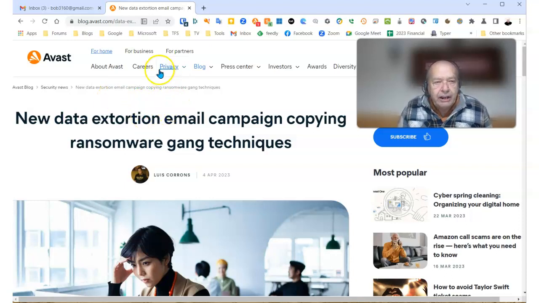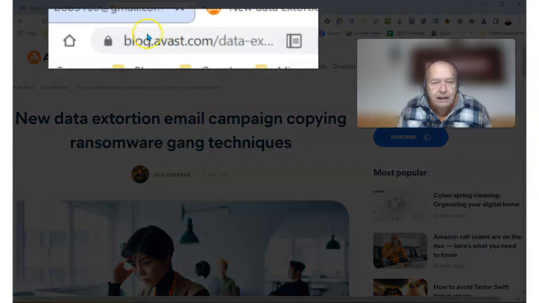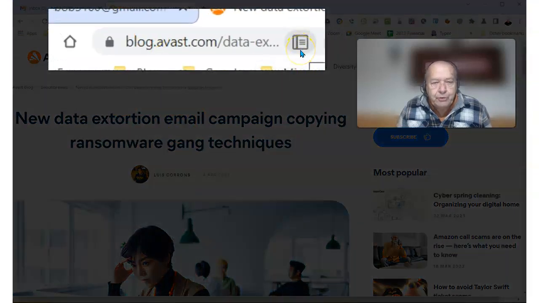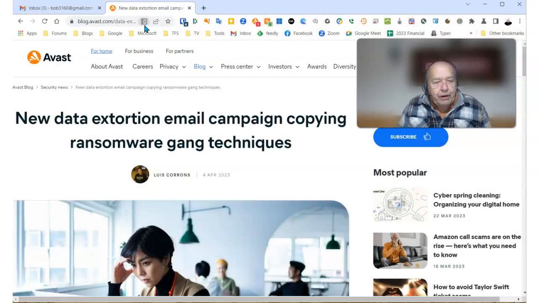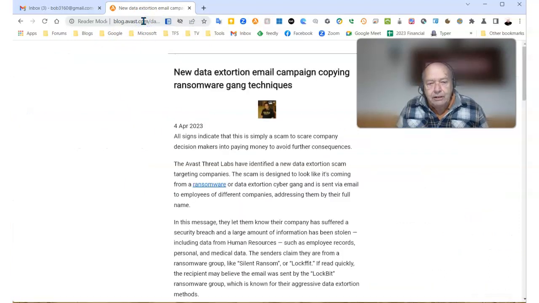a new icon up next to the address of this website. And that is what the reader mode icon looks like. So if we want to use reader mode on this website, select it, just click on it, and watch what happens. Oh, now you have something